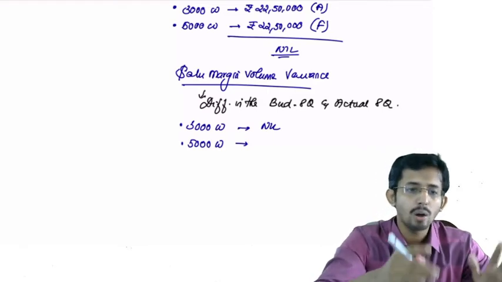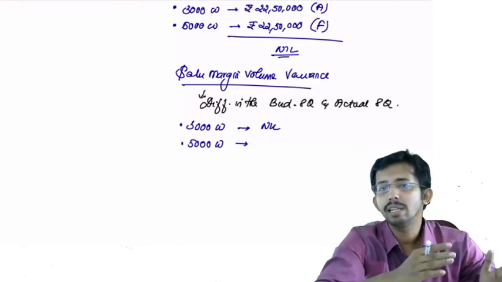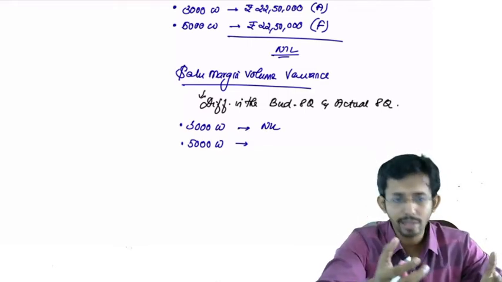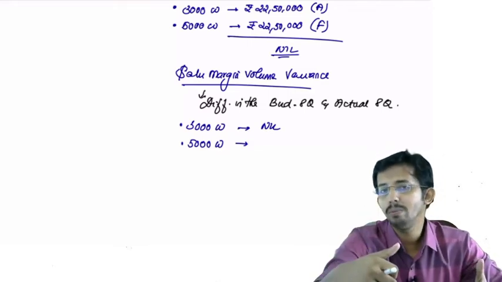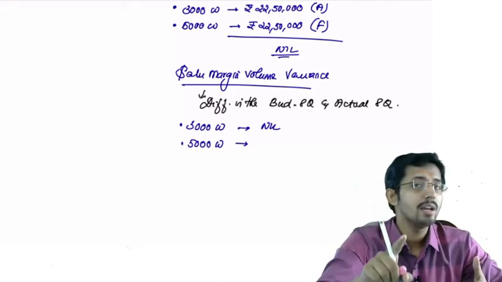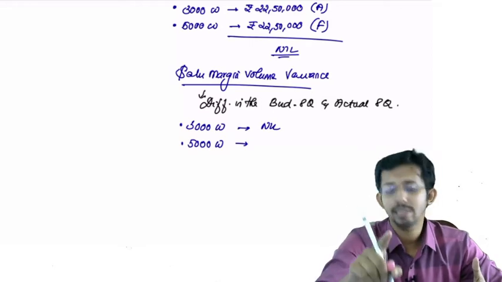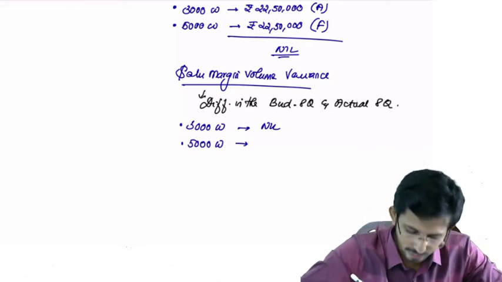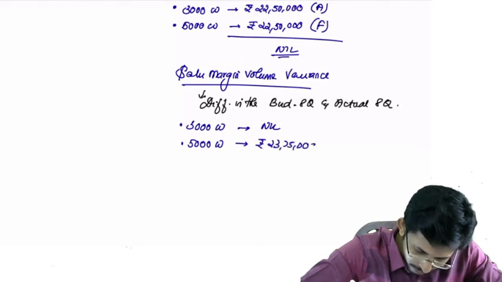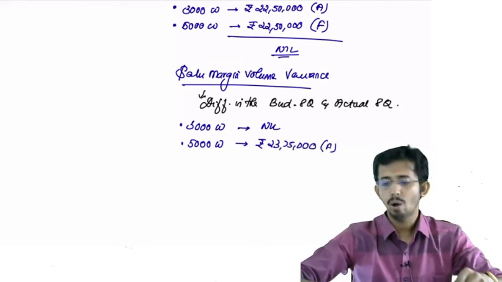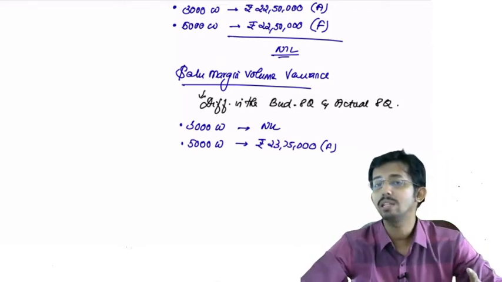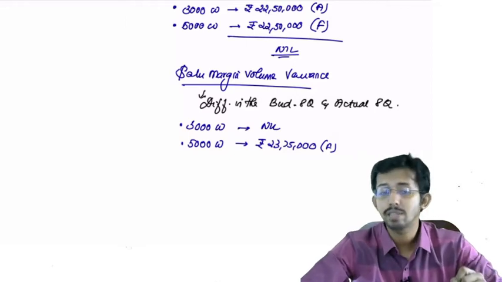So here, on the first part, the sales price variance is almost nil when you offset the adverse variance with the favorable variance in the models. But in respect of the volume variance, there is no variance with respect to the 3000 model, but there is a favorable variance in respect of the 5000 model, and the amount is rupees 23,75,000 favorable. So he says that on a net basis he got a favorable variance of 23,75,000, and that is why he thinks that he deserves a bonus.